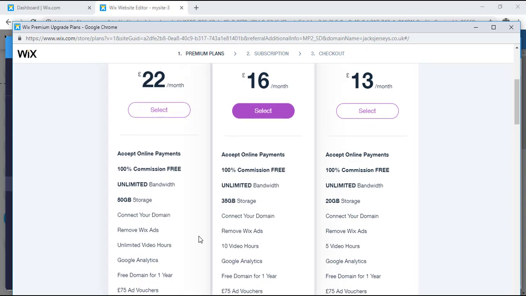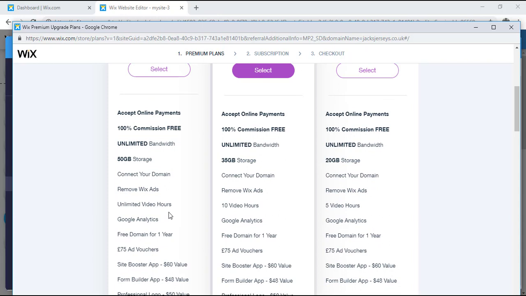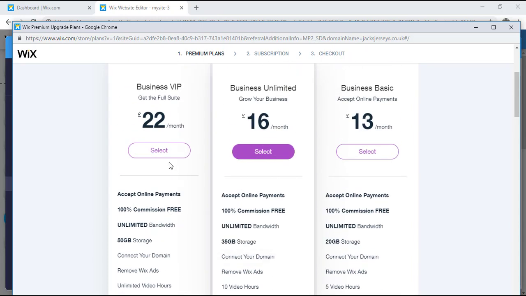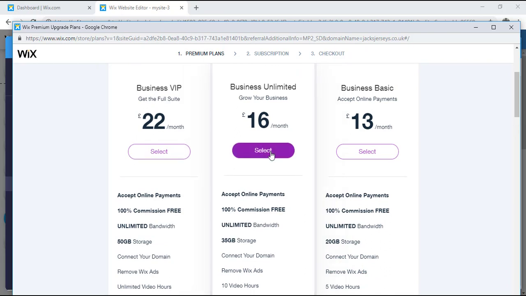If you have a large business, then you're probably best picking the more expensive one. 50 gigabytes of storage, unlimited video hours, which is just really ridiculous. That's crazy. So if you are a large business, then I would recommend choosing the VIP business option. But for the meantime, we'll click this,